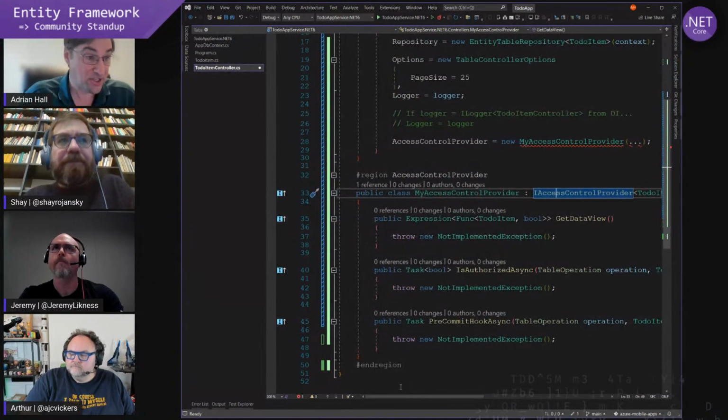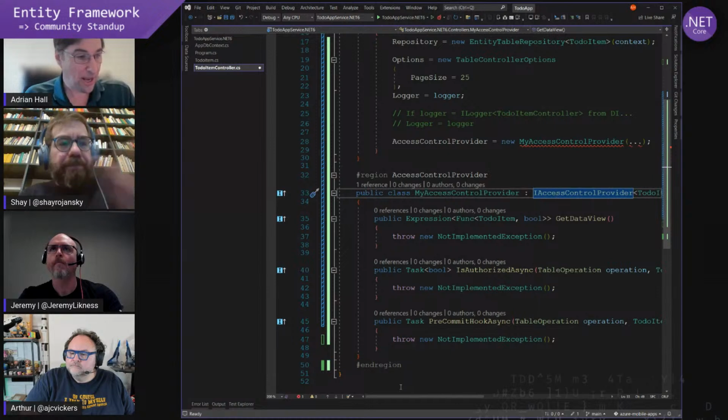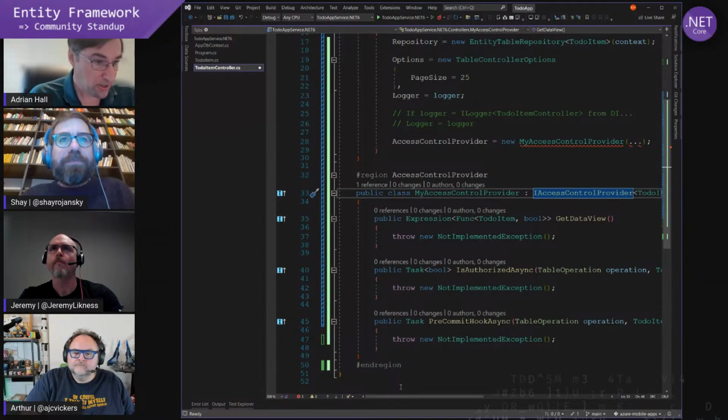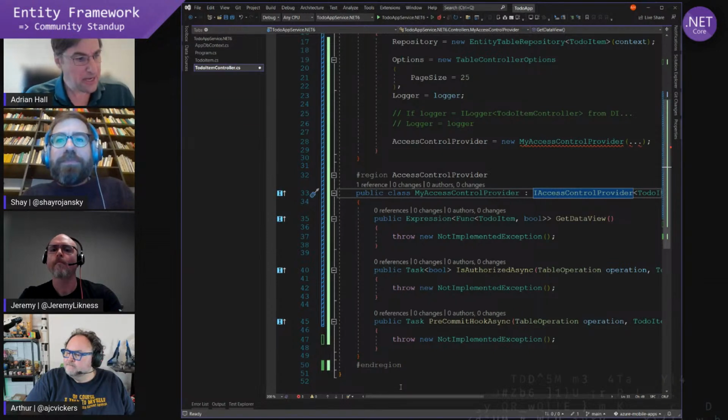And then the third thing is the pre-commit hook, where if you're trying to create or update or delete a record, you may need to do some adjustments to that record before it's committed.